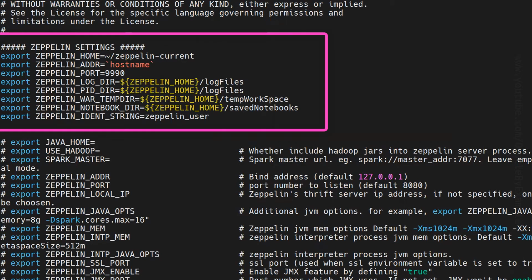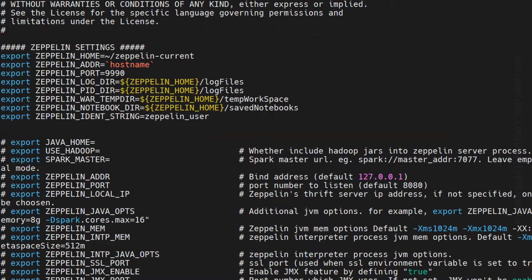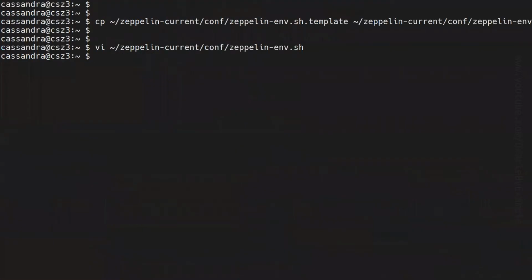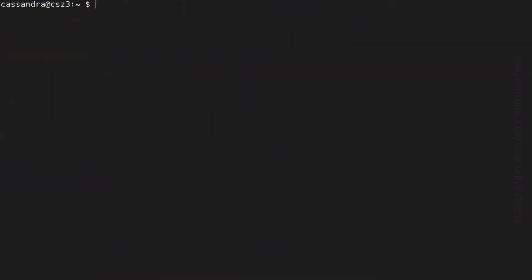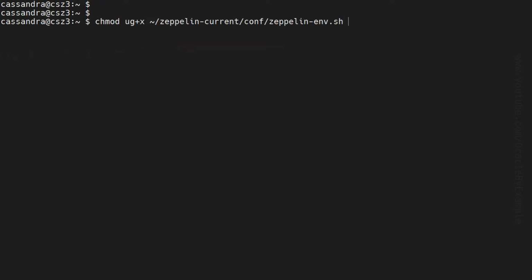As you can see here, I have added these entries. I will now save and close this file. Using chmod command, I will make my zeppelin-env.sh file an executable.